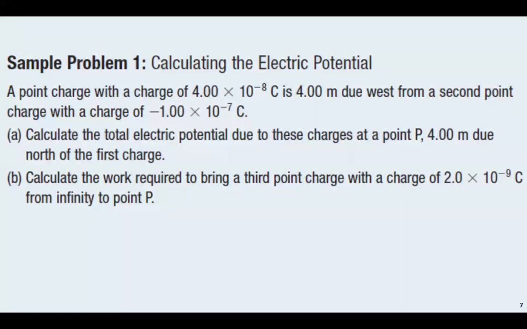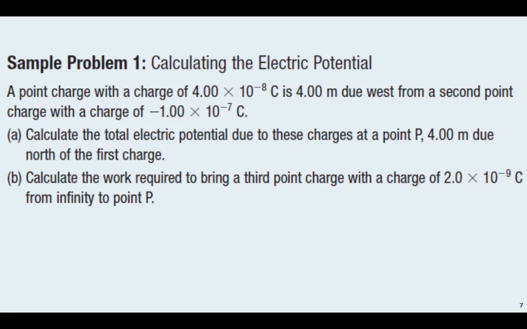All right, next, let's consider this problem here. A point charge with a charge of 4.00 times 10 to the negative 8 coulombs is 4.00 meters due west from a second point charge with a charge of negative 1.00 times 10 to the power of negative 7 coulombs. A, calculate the total electric potential due to these charges at point P, 4 meters due north of the first